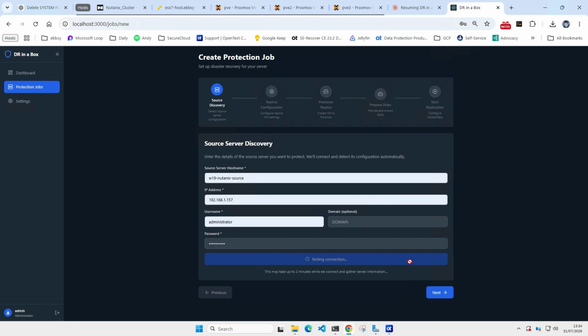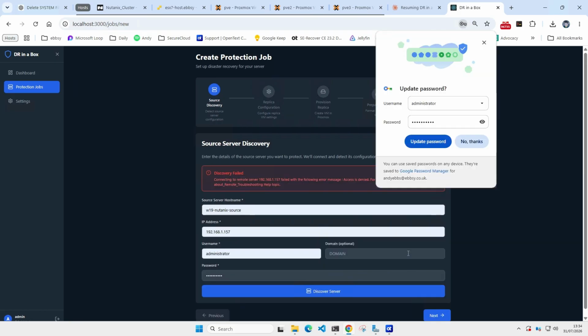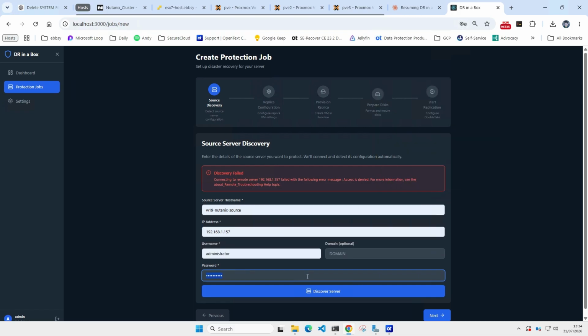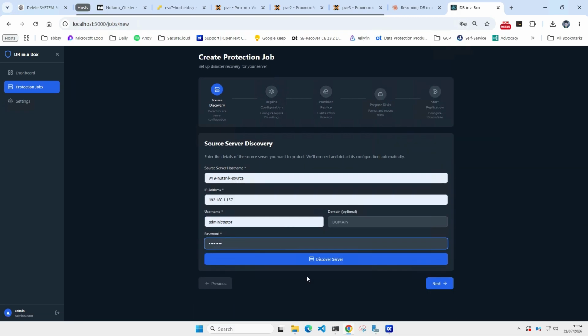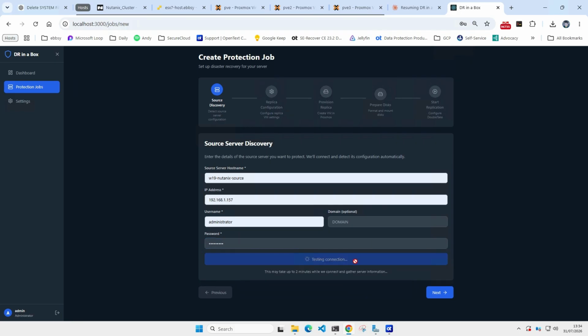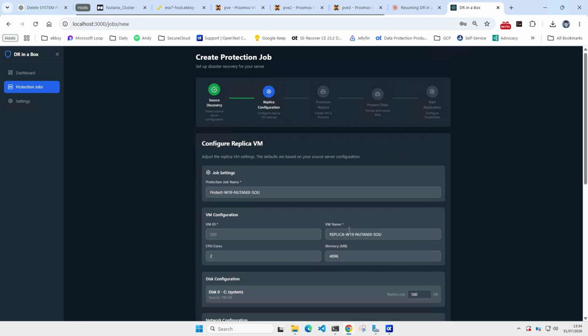So it should discover that server, or maybe I'll give it the wrong IP address. Let me just try a different one. It could be the password. I'll just try that first actually. What's the password? So it's now talking to an agent on that source machine and finding a bit more about it,